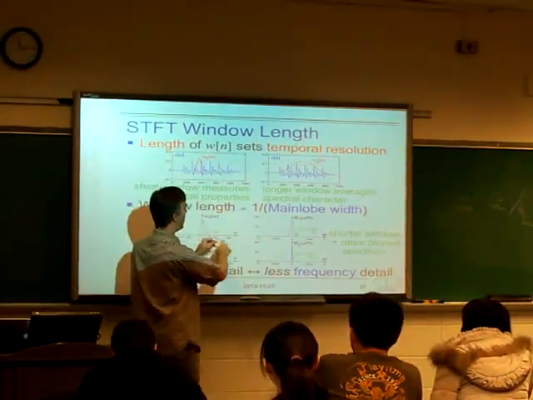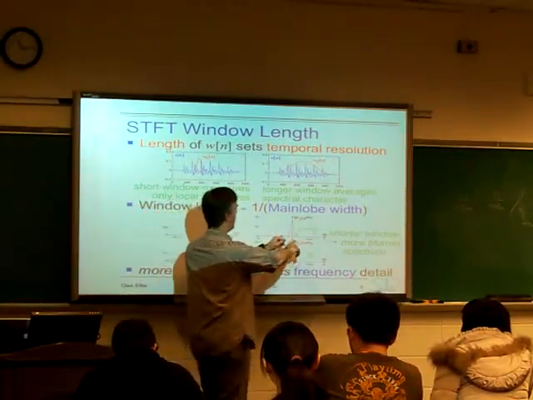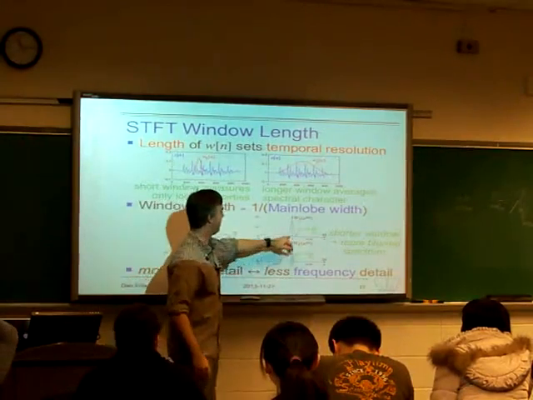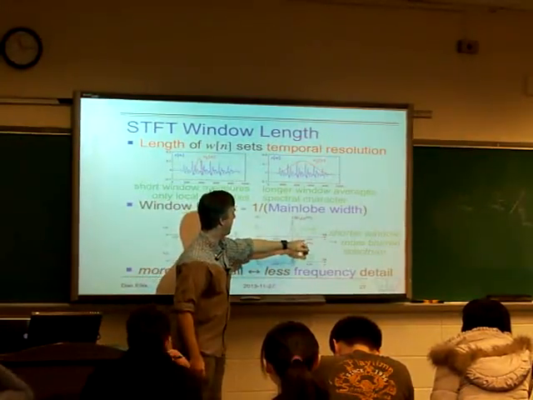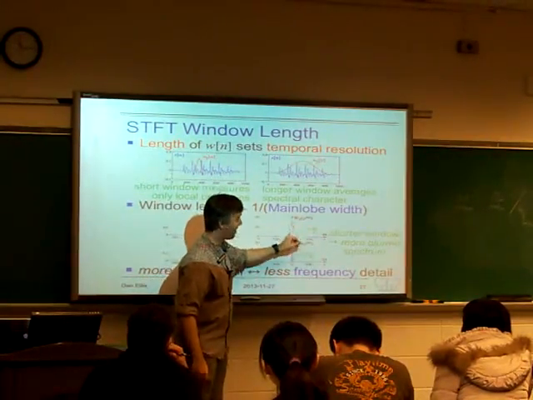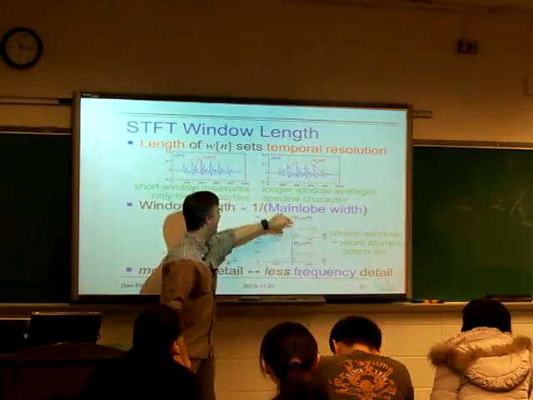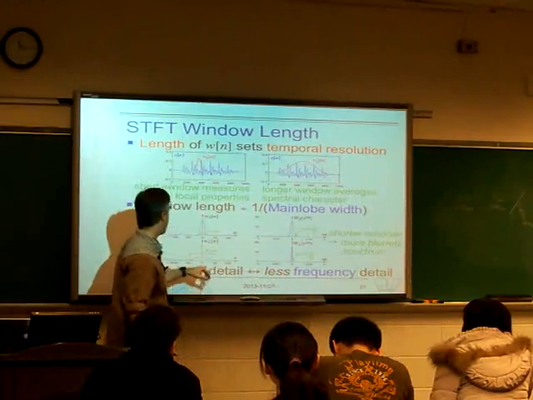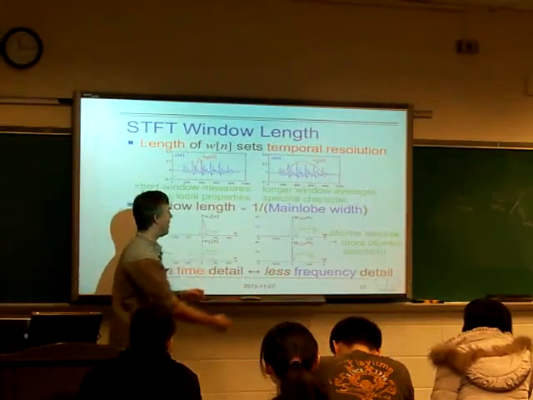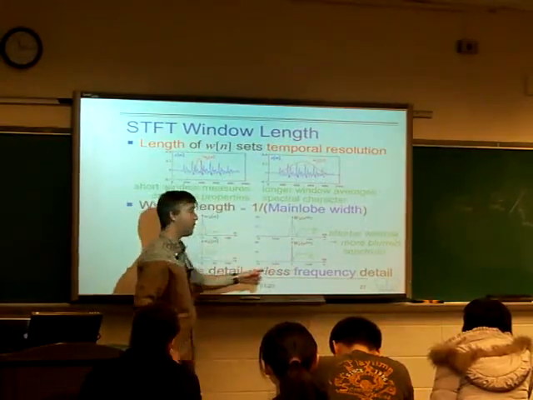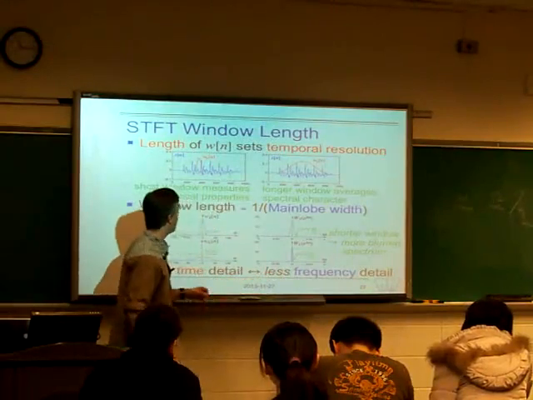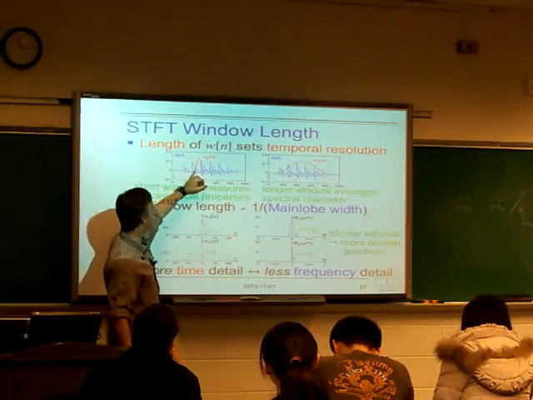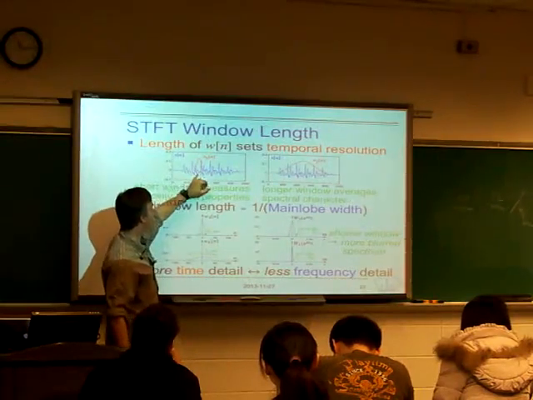So here's one window in time, and here's its shape in frequency, this bump here with these side lobes, but the side lobes are very low. If we make it longer in time, we make it shorter in frequency, which means that we're getting better frequency resolution. If we look at that up here, what that's saying is that if the window is fairly short,